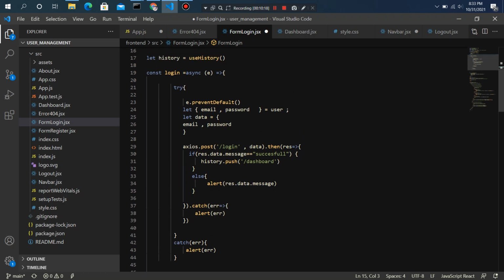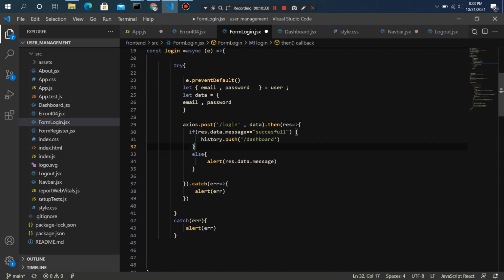And after that we are putting it into a try and catch block. We are redirecting to the login route, basically our login API. And after the successful login, it will redirect us to the dashboard page.